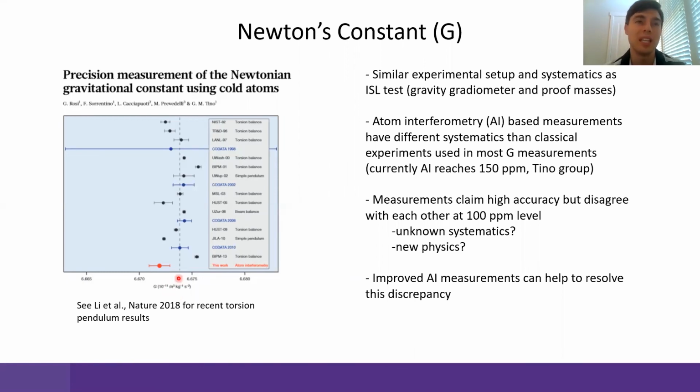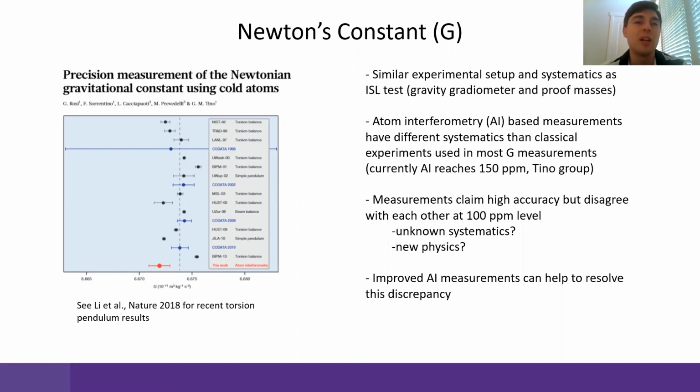But really the goal would be to get to 10 to the minus 5 or 10 to the minus 6 level, to try to see if the atom interferometer agrees with one of these or with none of them, or what's going on. So this measurement was done by Tino's group in Italy, and again, constrained by short interferometer time and sensitivity issues. And also in his case by kinematics associated with the control of the atom kinematics. So really where the atoms were actually traveling was somewhat uncertain, as they didn't know how far away they were from the source mass. They didn't know exactly what G was.